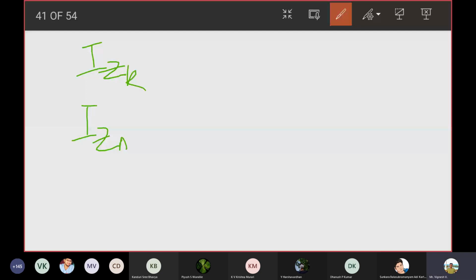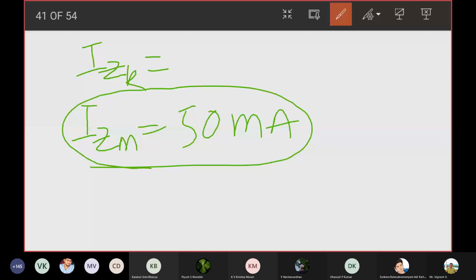When you give 100 volts as the input, if the maximum Zener current that the Zener diode can handle is say 50 milliamps, the Zener diode is going to damage. Ideally speaking, even if I give 100 volts as the input, the output voltage I should get is 10 volts, but it depends upon the Zener current. Slowly I'll move on to that. In this class only I will cover that.